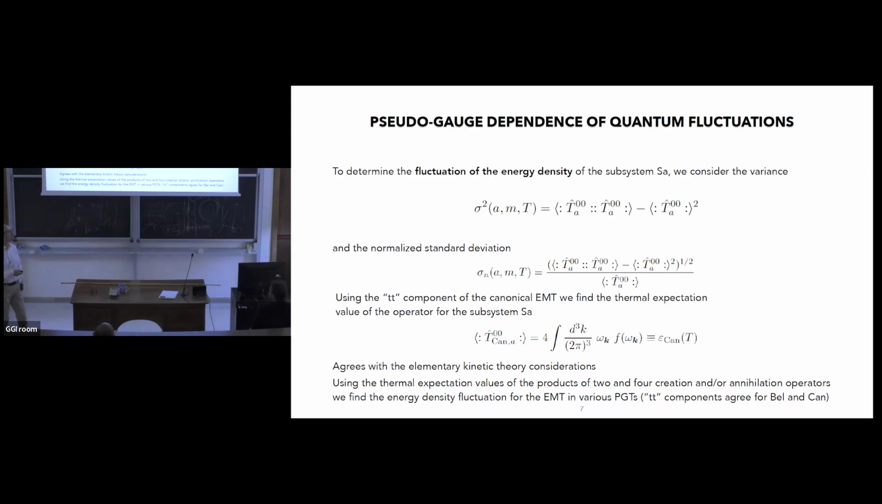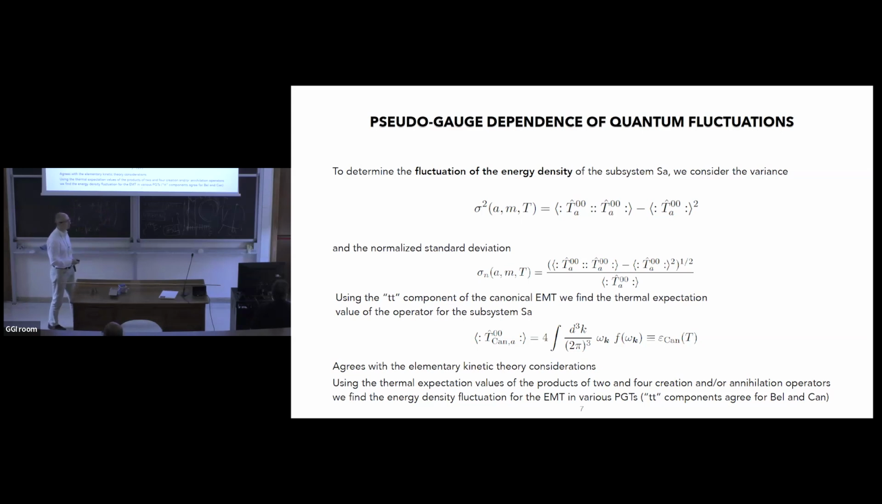Well, basically, this is uniform. So I know where you are going, but you can define the variance. You can also define the normalized standard deviation, just to make the analysis simpler, and then using the time component of the canonical energy momentum tensor, you can find the thermal expectation of the operator, and then you will see that the thermal average of T00 for canonical